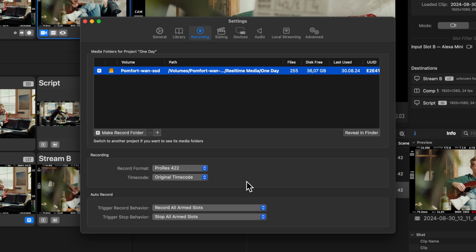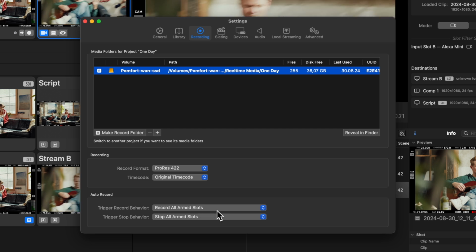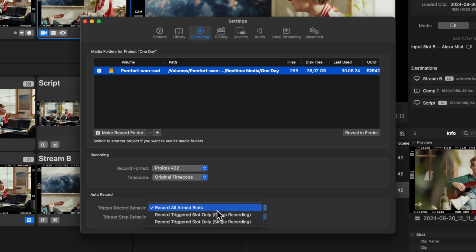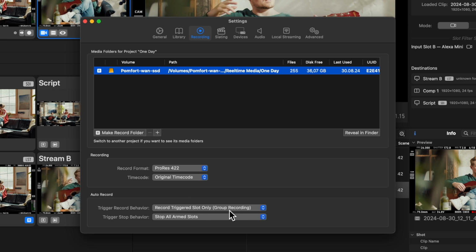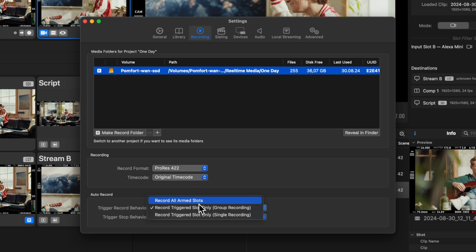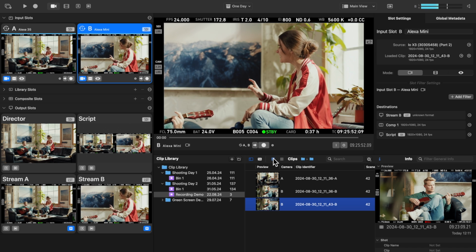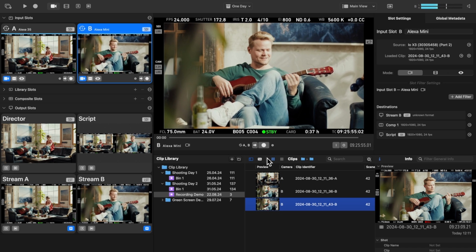Have you ever missed a recording? You'll probably be happy to hear that there's an auto-record option. For this video, we prepared a demo setup that allows us to auto-record all cameras. You can set up the auto-record mechanism to trigger all slots at once or follow the individual record flag of the cameras. In both cases, you will get a TC Sync group recording. We will use the method that triggers all slots at once. So if we would now hit the record button on the Alexa 35, both slots would automatically start recording. In the same way, we trigger stopping the recording.